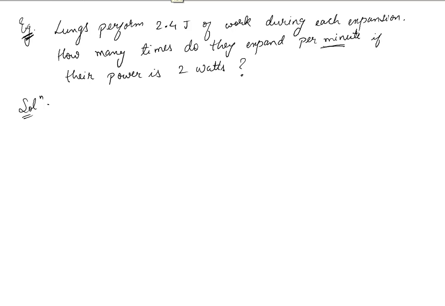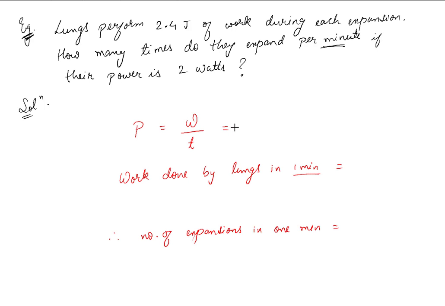In this example, it is given that lungs perform 2.4 joule of work during each expansion, and we have to find the number of times they expand per minute if their power is 2 watts. Power of lungs is equal to 2 watts, which is equal to 2 joules per second. This means that in 1 second, lungs do 2 joule of work. So in 1 minute, total work done by lungs will be equal to work done in 1 second into time, which is equal to 60 seconds. So 120 joule of work